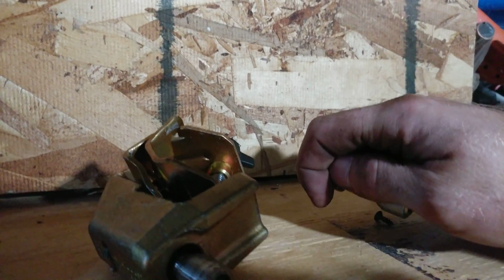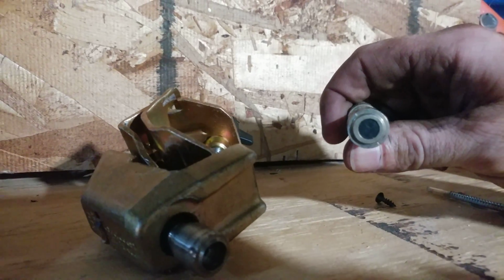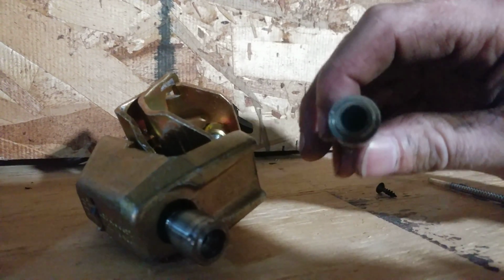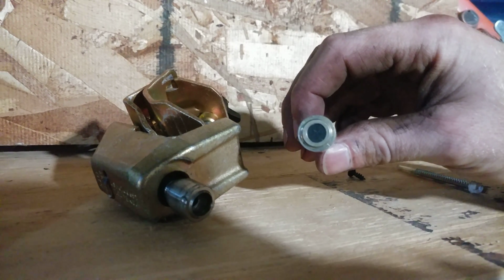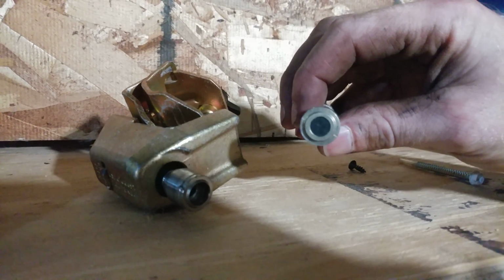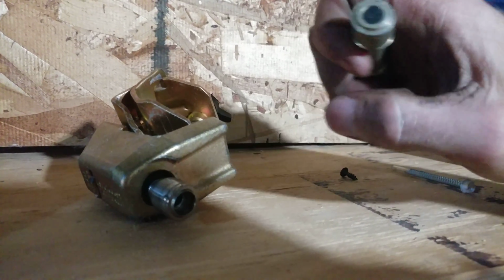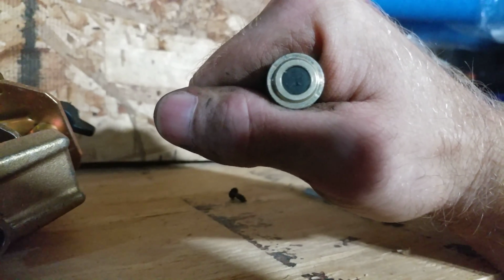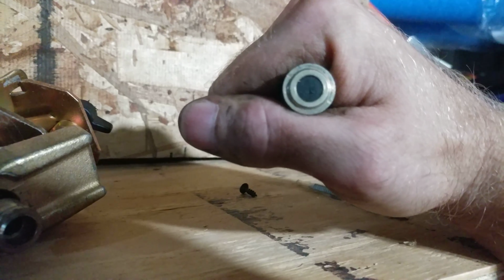I'm making this video for anybody that's watched any of these other utility barrel lock videos. I found myself in a position where I needed to open one. This is kind of what they look like beforehand. If you're looking at something like that, you're going to see this weather boot at the end of it, and a